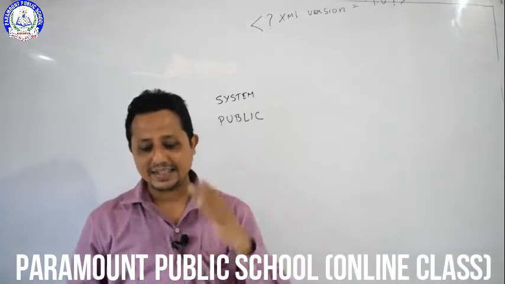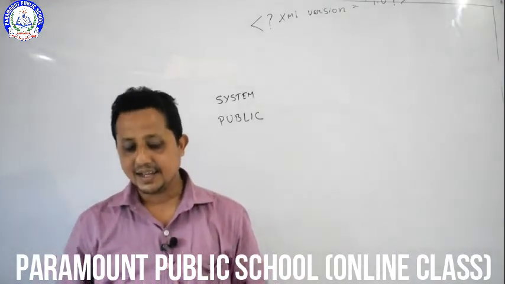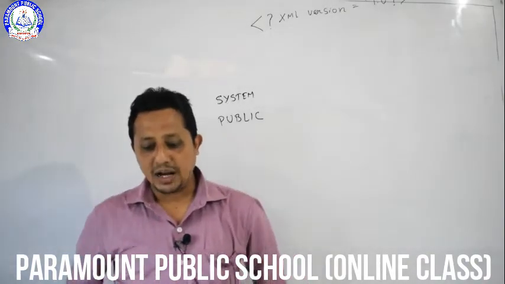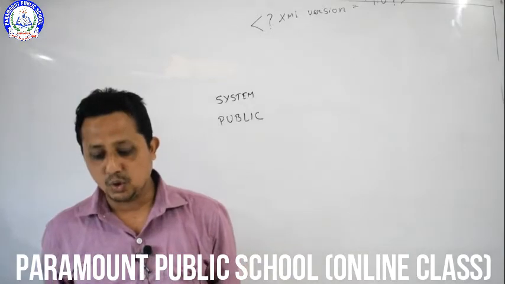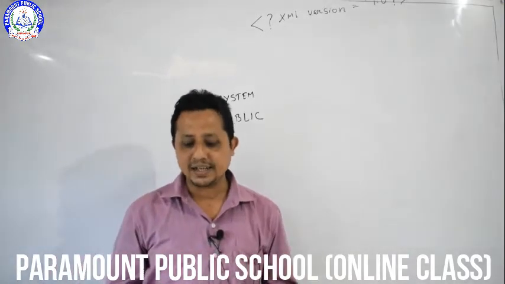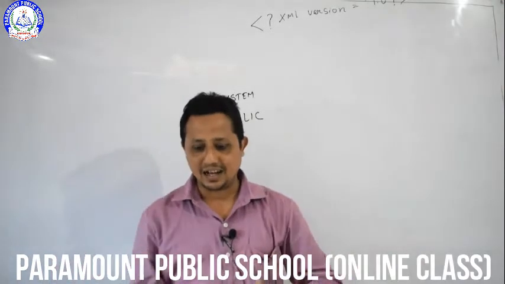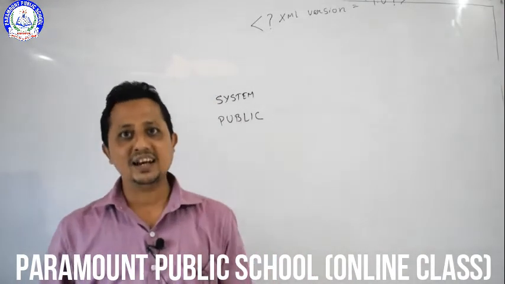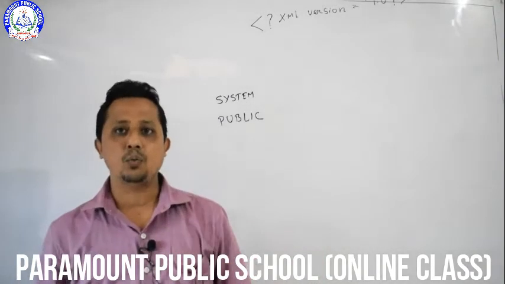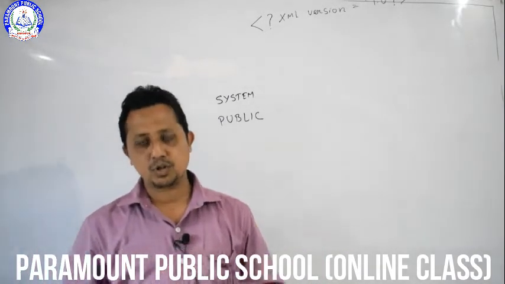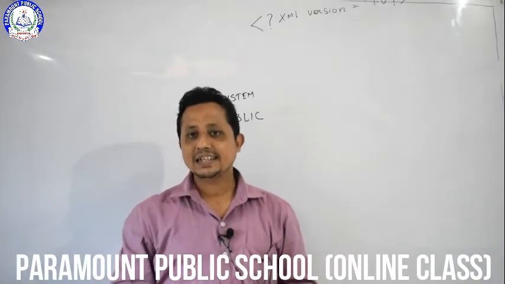Then, sometimes while declaring a child element, we use some specifiers. One is EMPTY, another is ANY, another is mixed, another is children element. EMPTY is used when there is no content in the element. ANY is used if there is any element in the content. Mixed is used when there is a combination of character data and child elements. And children element is used when we describe one or more children. So these four specifications are used in defining the child element.